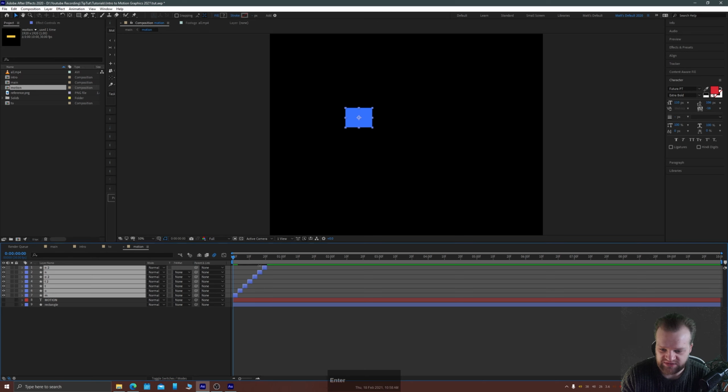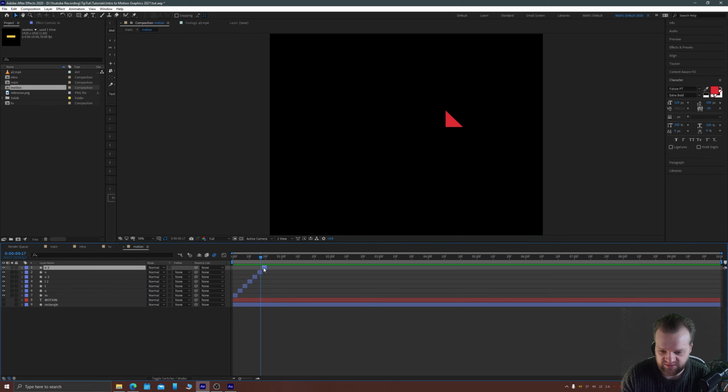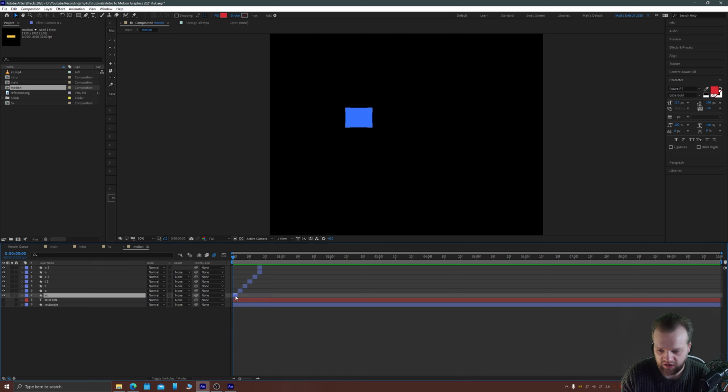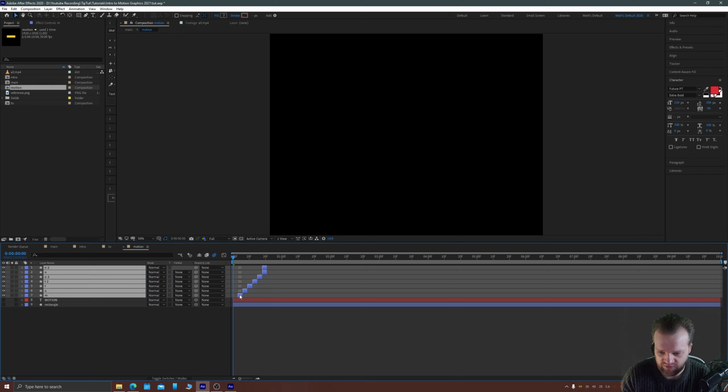Press Enter on that and that'll sequence all of these. Boop, boop, boop, boop, boop. Now we get our nice popping. These two, however, we want them to appear at the same time. So I'm just going to drag those 2 N shapes over the top of each other. Perfect. I am going to shift this over 3 frames. 1, 2, 3, just so that we've got 3 frames at the start and it all appears at the same